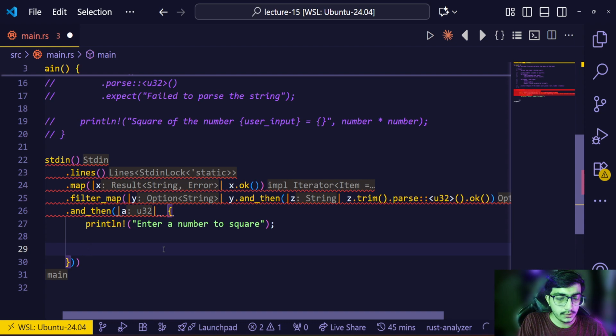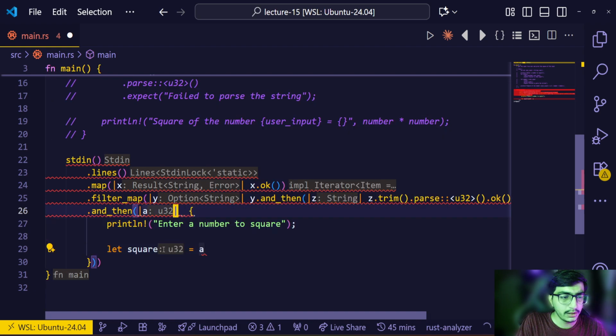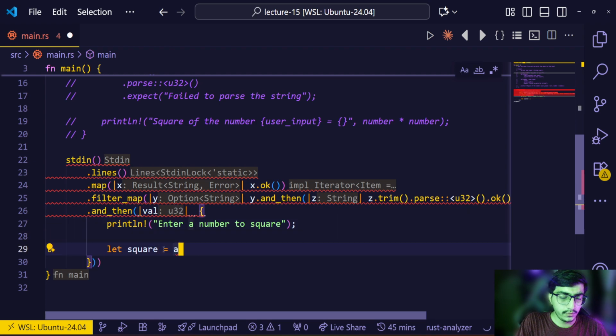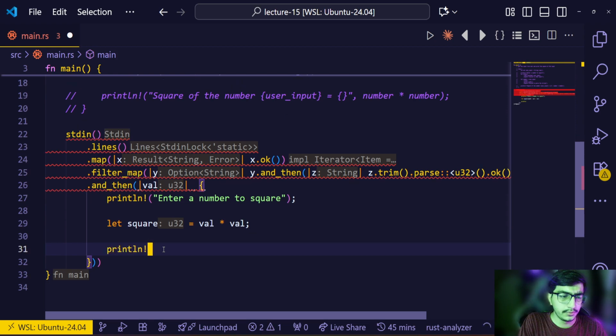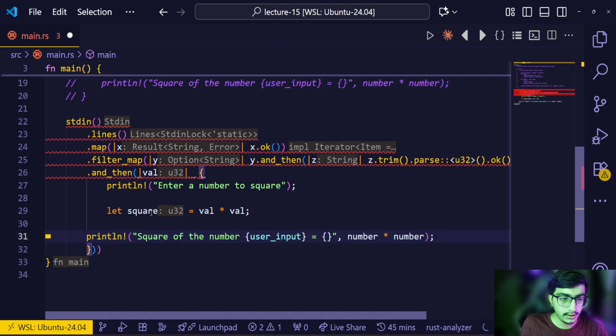output. So let's say let square is equals to a, or let's just do one thing, value. Let's do this as well, so it will be easy to understand what this a is. So val multiply by val, or you can add the exponent, and then let's just print the same thing. Let's say make this square